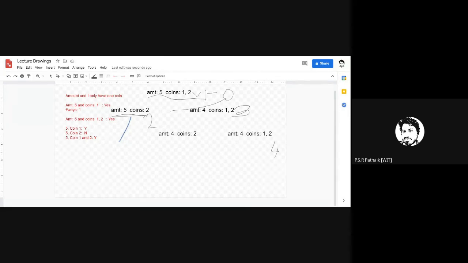So if on function call 1, this value is cached, and this is function call 2, and the result of function call 1 is returned when function call 2 is made, is it a right approach? Yes or no?